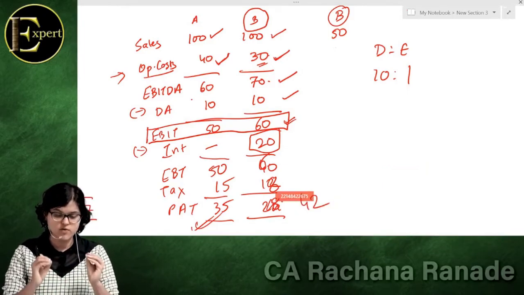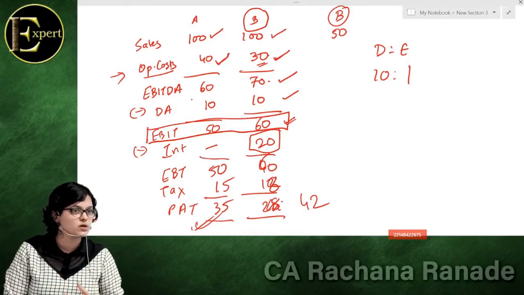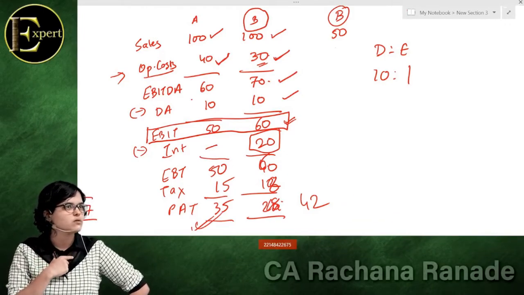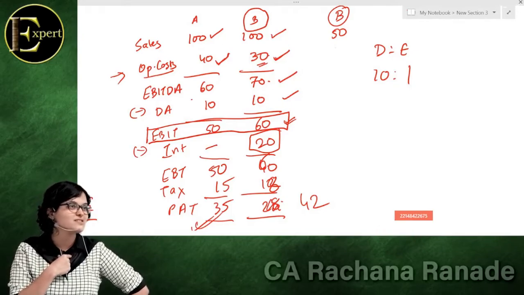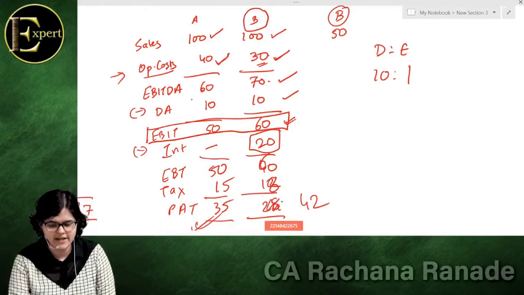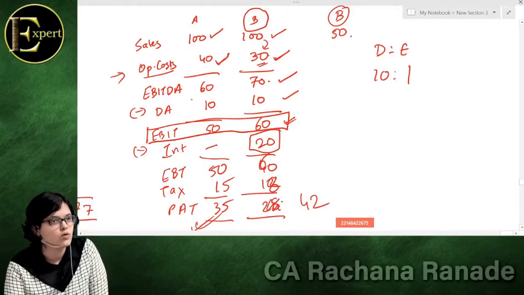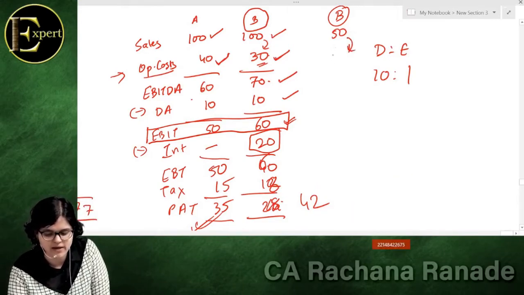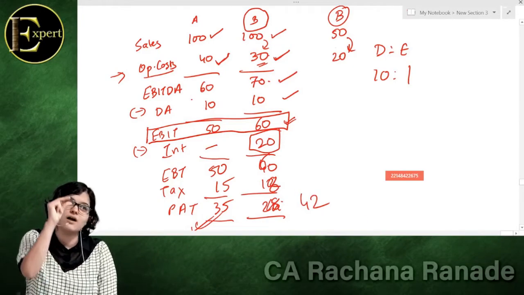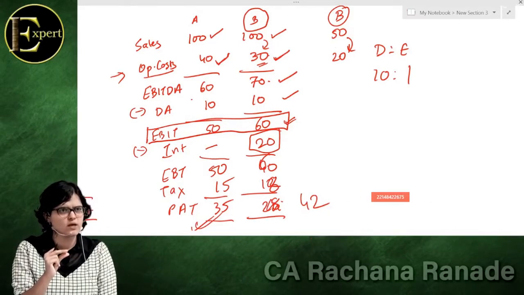But there are a few elements like salary which might not be directly proportional to your production. Can you tell your employees, "This month our production is down, so you'll get only 30% salary"? We can't say that to our employees. It has to be kept constant at some level. So we may say that ideally 30% of this is operating cost, let us say. So 30% of this will come to 15, but let us take it a little bit higher, to 20. Why did I take it to 20? Because there is some element of fixed cost. Now I can't take it proportionally down by 30%. Is this okay? Have you understood the logic?